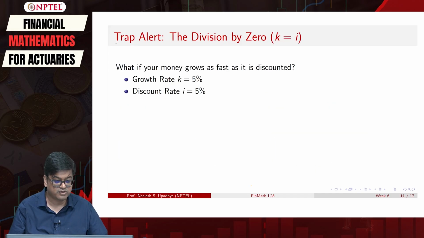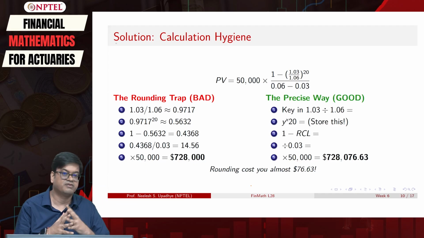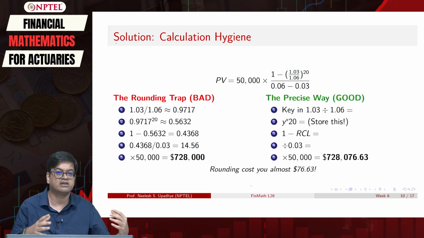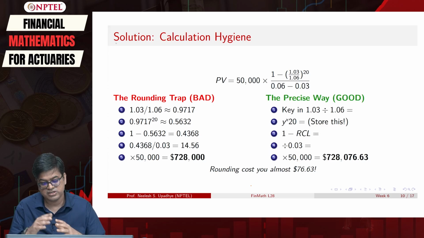This is where you have not lost because you have rounded off, and it is costing you $76 in rounding off, which may give you an incorrect answer. We have already revealed this trap in one of our lectures where we were losing a lot. Again we are revealing it. So always take care that you are actually using the full strength of your BA II Plus calculator.